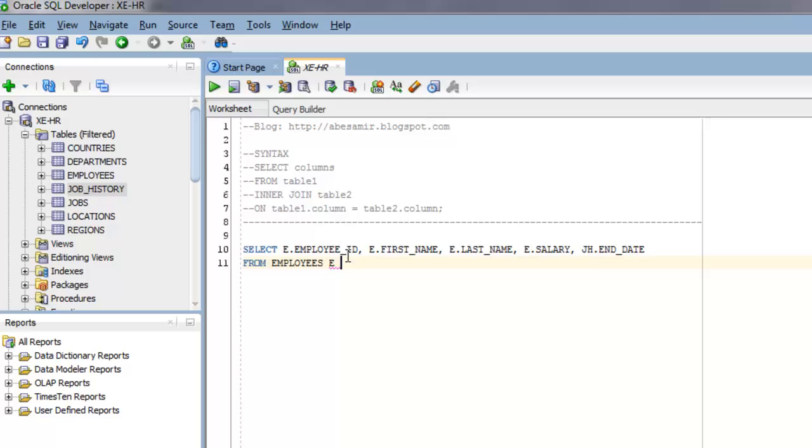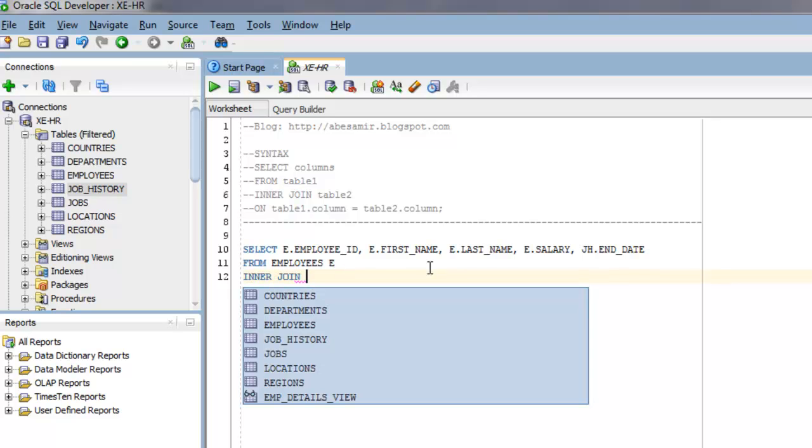All these ones here are from the employees table, right there. And I basically gave an alias, E, for the employees table, and I talked about that in a previous video, how to set up aliases. So if you need more info on that, go back and check that out. So anytime right now I want to refer to the employees table within this statement, I just use the letter E. So from employees E, and then inner